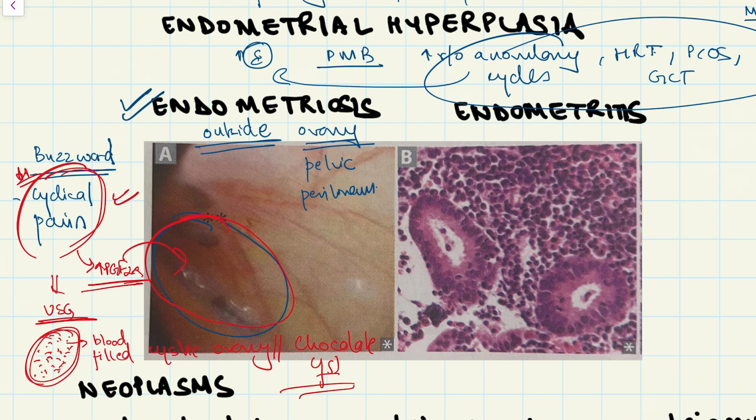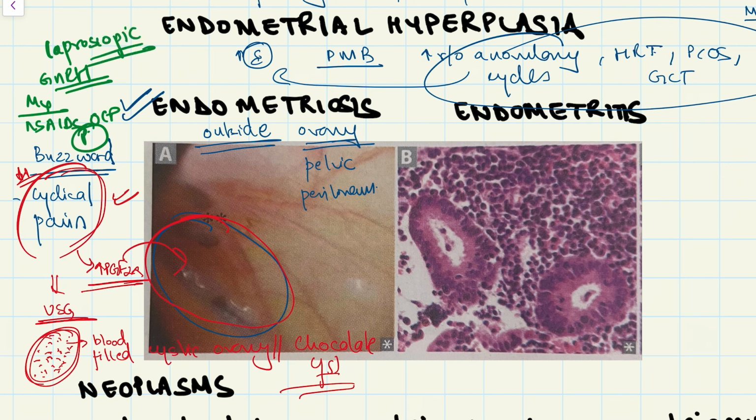The other clinical features are dyspareunia and dyschezia. Dyschezia is pain with defecation. There can be infertility if the cysts are too large in size. And for management of endometriosis, NSAIDs can be given for pain relief, OCP and progestins. Then GnRH agonist or GnRH antagonist can be given, and finally, if nothing works, then